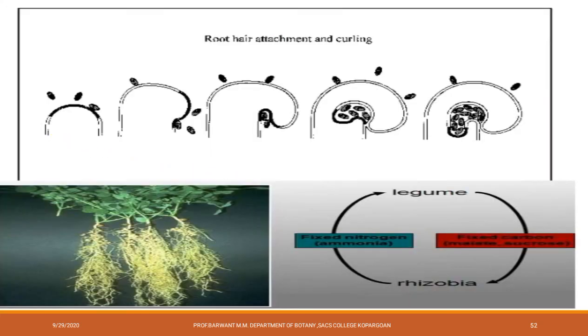Here is the actual process. First, the bacteria produce flavonoids near the root, which are secreted by the root, and they produce exopolysaccharide and IAA, due to which the root hairs curl. The bacteria then enter the root hairs, create their own structure and undergo cell division, due to which an enlarged structure forms in the root. That enlarged structure is known as a root nodule.